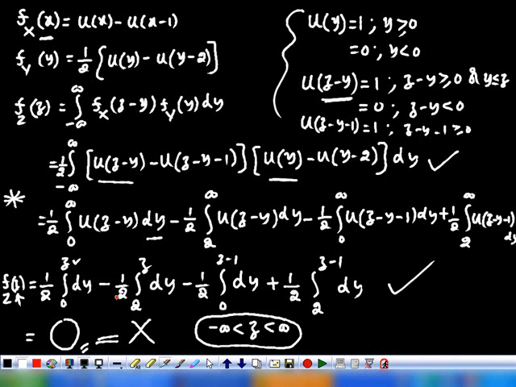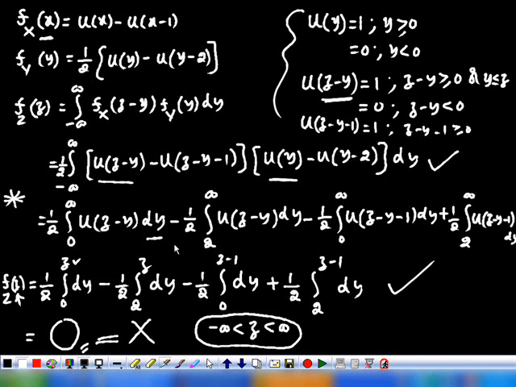Understood? This z is also very important. The value of z is important, and based on the value of z, you have to evaluate the integrals. Otherwise, you will get a 0. Is it clear? Then how do we find the intervals? How do we find the values of z? How do we change these limits? It depends on the two functions that are given.